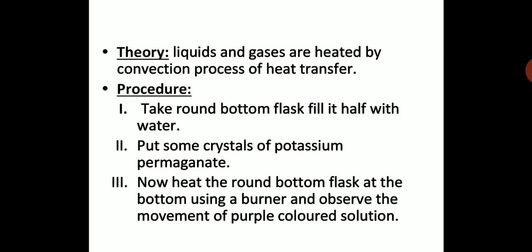Why have we taken a purple colored solution? First of all, if you heat potassium permanganate with water, no chemical reaction will happen. Here only the color changes. The purple color is used to color the water because you can see the water current due to convection. That's why we are making the colored solution with the help of potassium permanganate crystals, which are easily available in the lab.